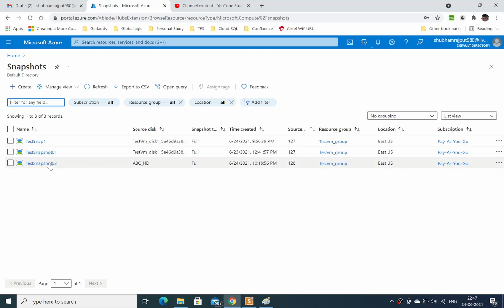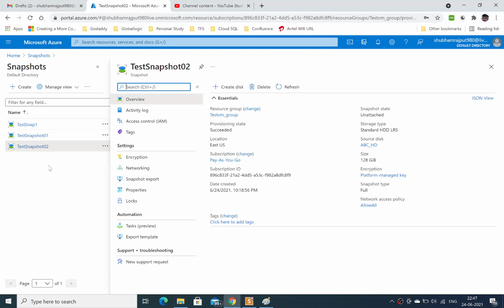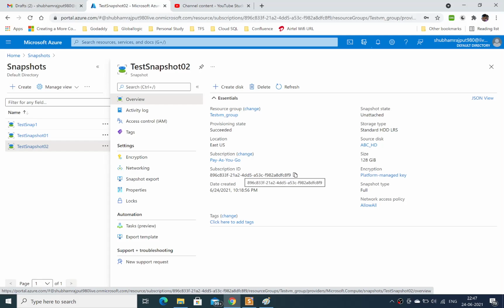In the overview you can see the basic details: the size, disk name, encryption, snapshot type, whether it is full or incremental, the date it was created, the subscription ID, location, and the provisioning state, whether it succeeded or not.